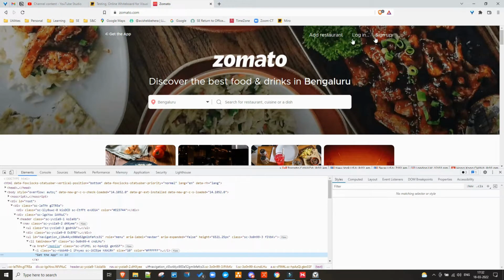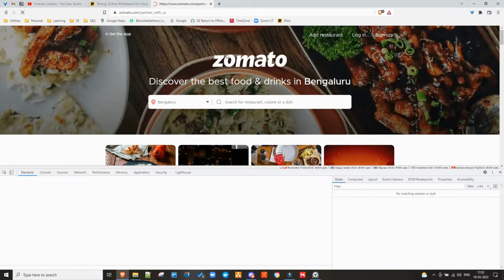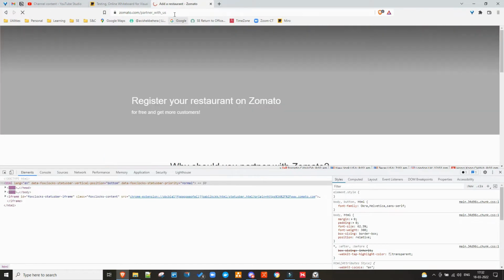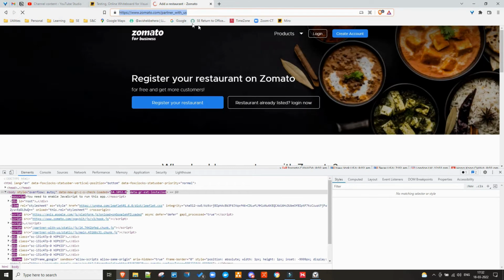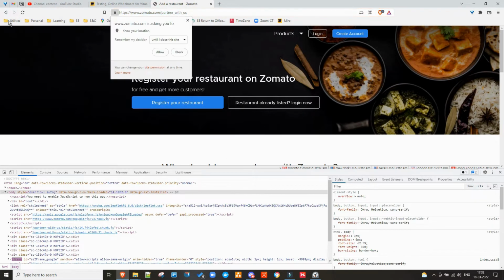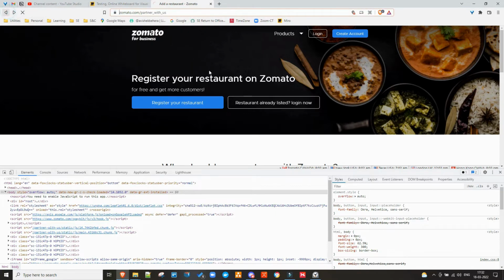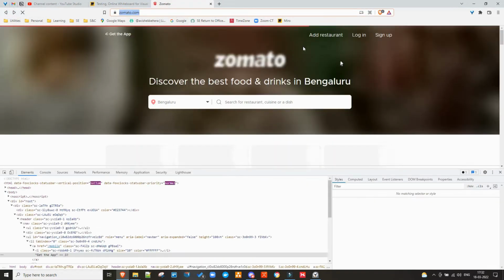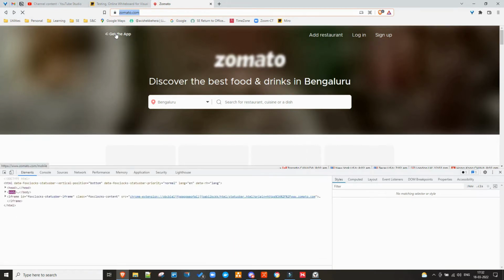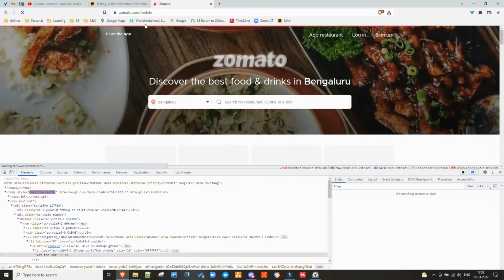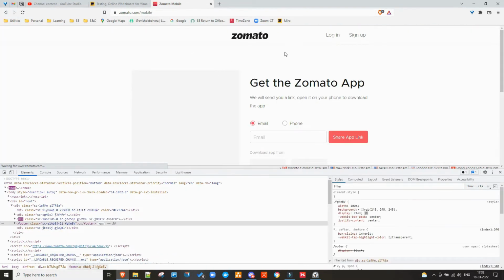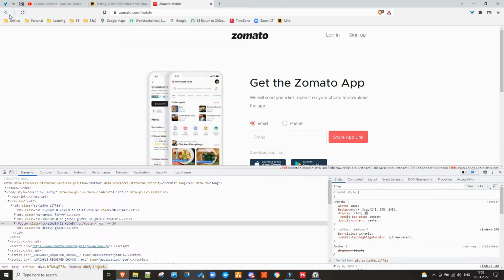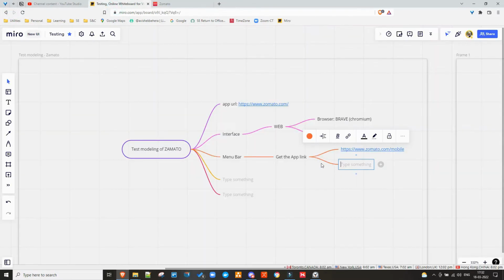We have 3 more links here: add restaurant, login, and sign up. Similarly, let me check. If I click on that add restaurant, it's taking me to this link, partner with us. So this is another link that is going out of the home page. Okay, and what happens when I click here? Yeah. So basically all the links are opening in the same page, so it's not opening any new page. Okay, so get the app link,